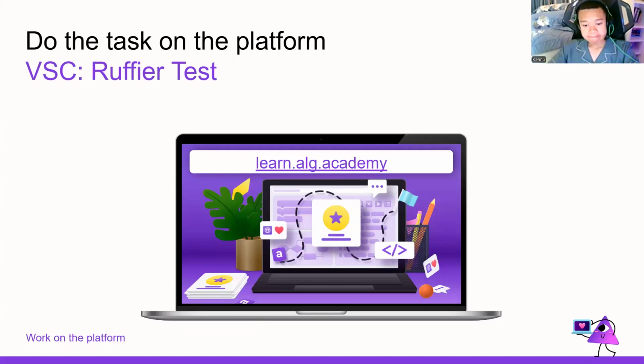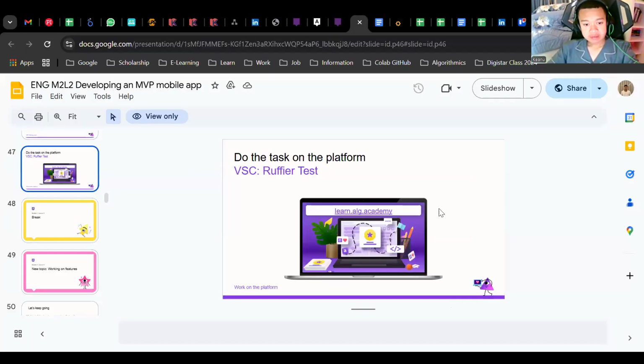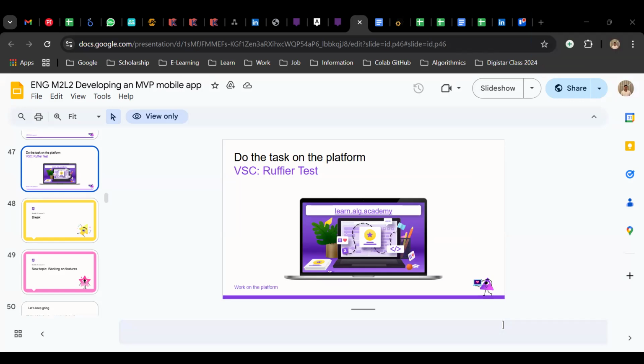You can share your screen. Okay, wait. You can open it in Visual Studio Code for this task. Let me open my Algo Python and share it. Wait. The whole screen, right?